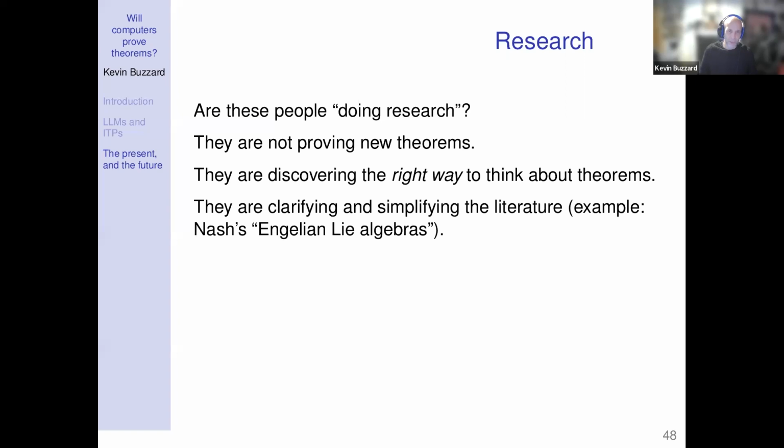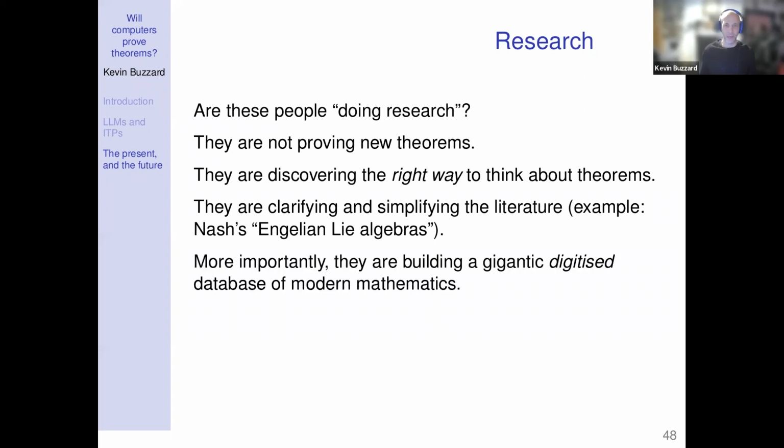And another example is Oliver's work. He proved Engel's theorem, and he was sort of unhappy with the way it was presented in the literature, and then he found some abstraction and named it an Engelian Lie algebra. And he proved that a Lie algebra was Engelian, that an Engelian Lie algebra satisfied Engel's theorem. He reformulated Engel's theorem in a completely new way. But at the end of the day, even though they're having insights which clarify the nature of